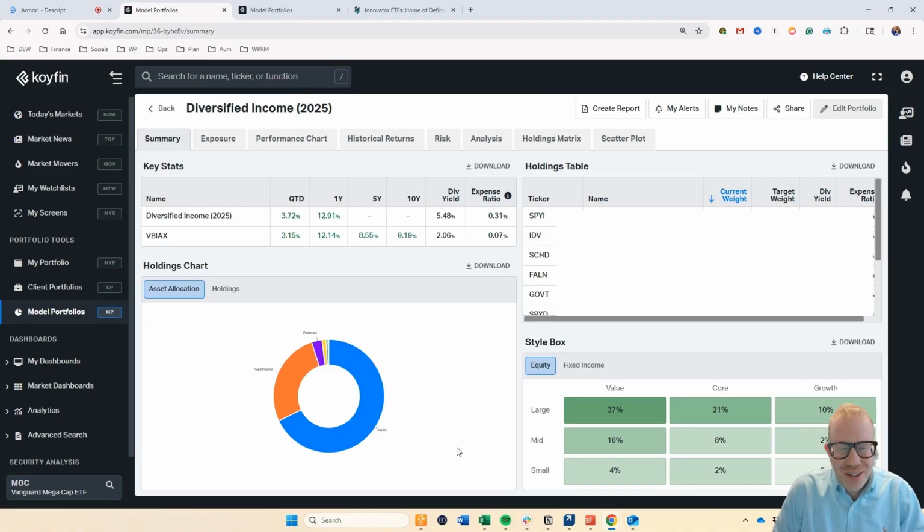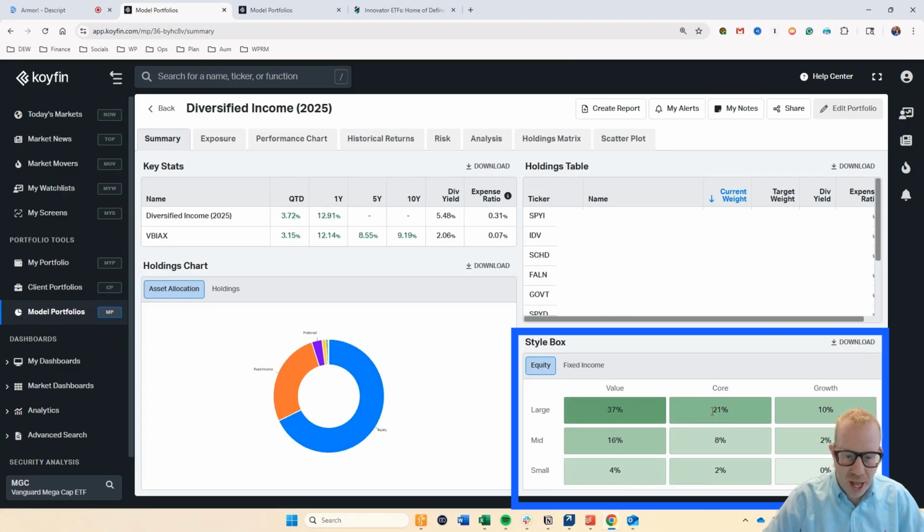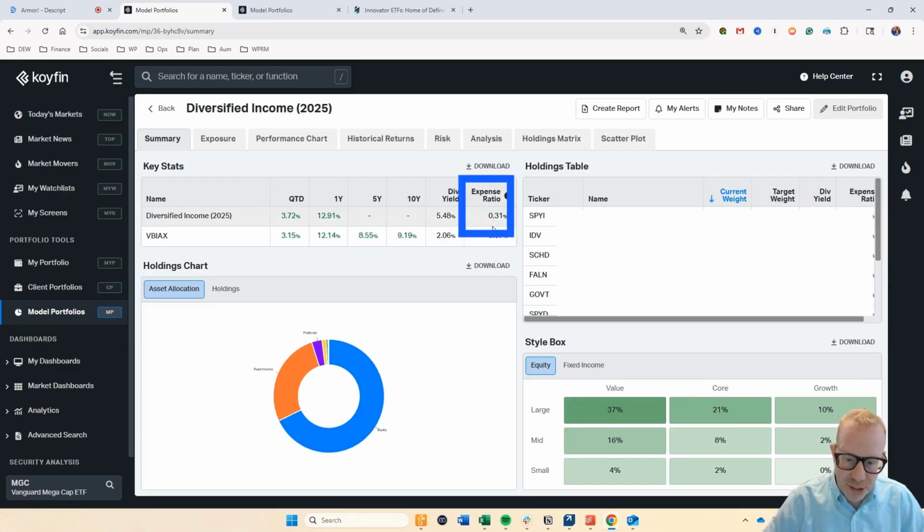All right. Now it's time, as we always do, to dig into the portfolio metrics using my Koifin Analytics platform and the Innovator website. Let's take a look at the diversified income model in Koifin. What you basically see here is some of the holdings. We have a nice mix of different size companies, as you can see in the style box. Expense ratio is